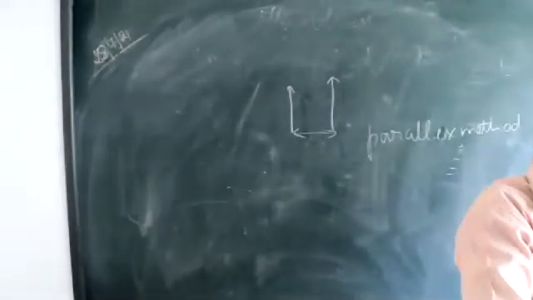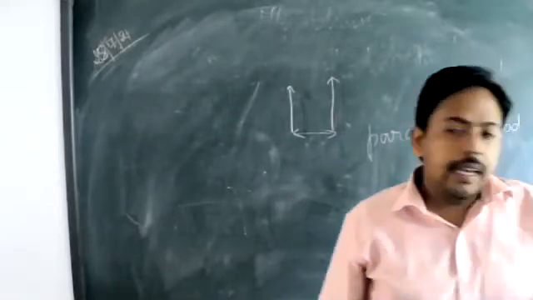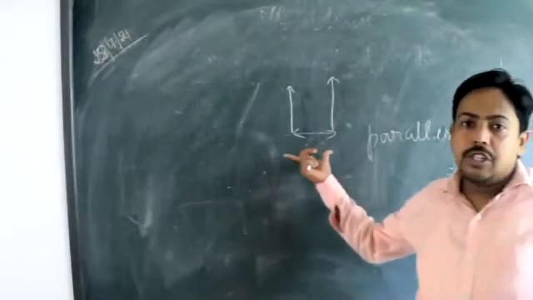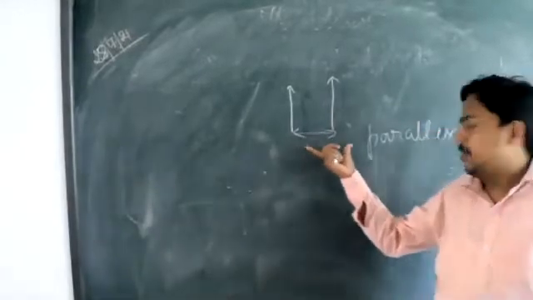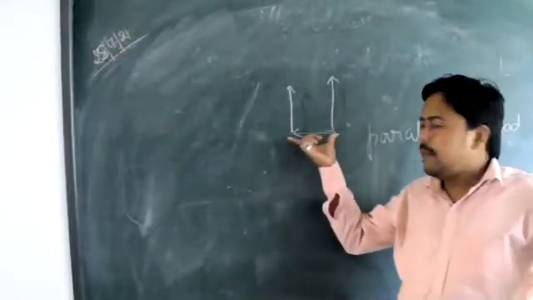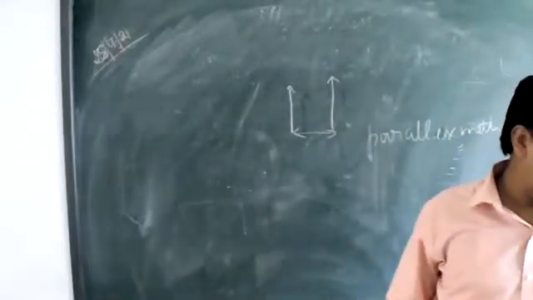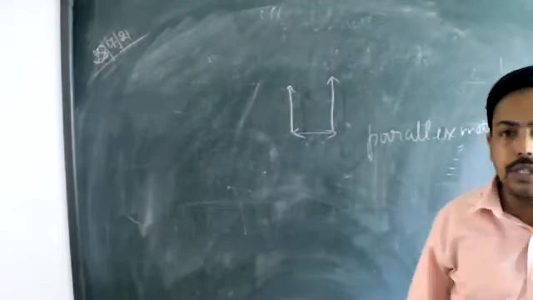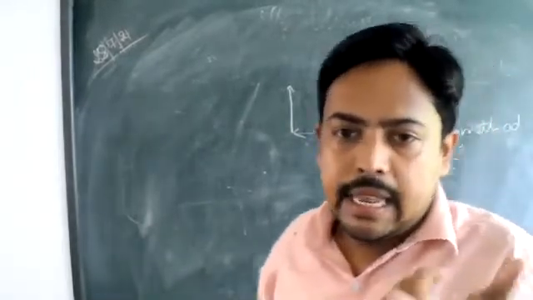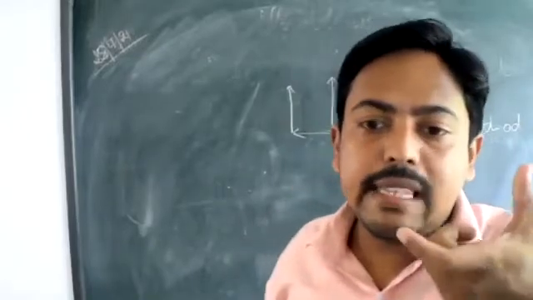That means there is a parallax error. There is a change in the position, and this change shows the distance between the positions. In some cases, if we want to calculate this distance, then this distance is also known as the basis.